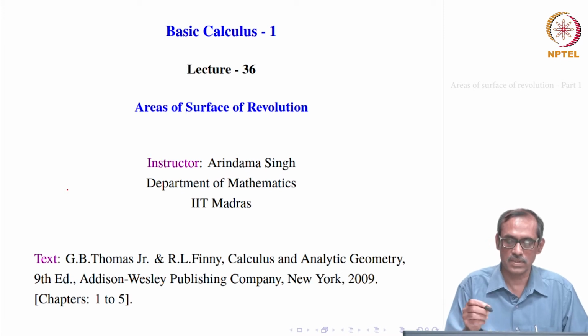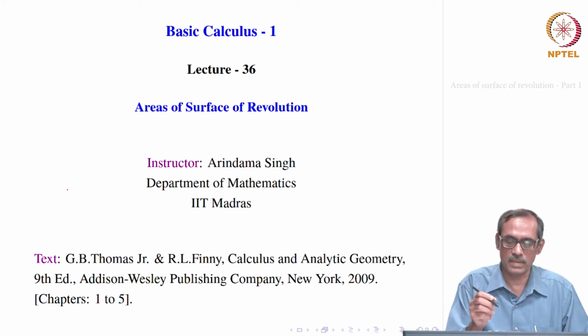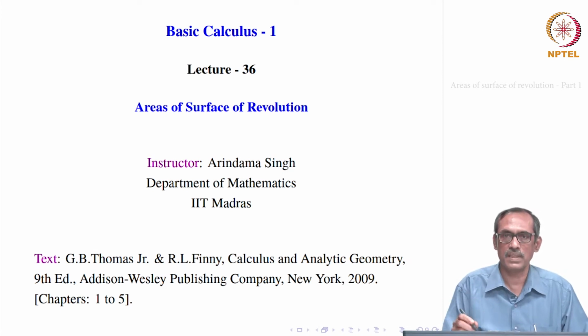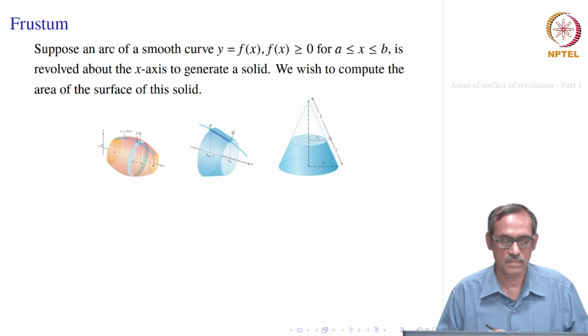Here the assumption is our solid is generated by revolving some region in the plane around the y or x axis. Now, if you are interested only in the surface of revolution, we do not really need the whole solid, we need only its surface. So, you may think of a curve given in the plane that is being revolved around some axis, x axis or y axis, and we want to find the area of that surface. Okay. So, let us look at how it goes.